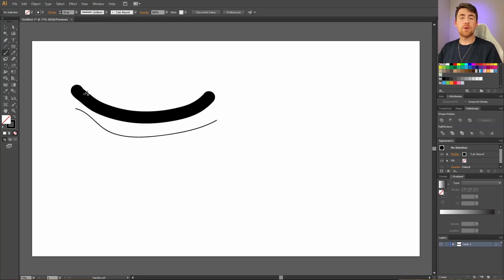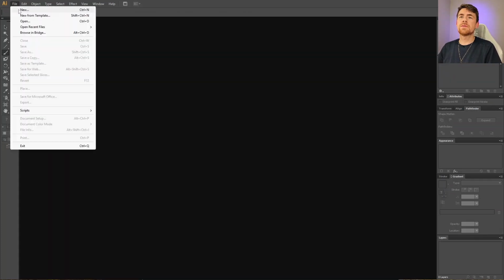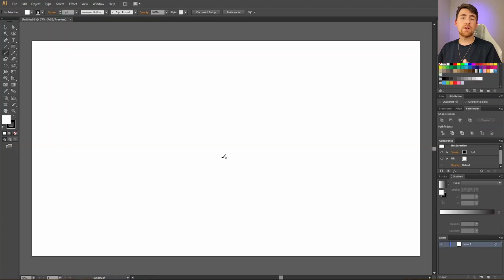So this is pretty annoying, and even though this second stroke is kind of a workaround, it isn't actually what we want, and it is not a fix at all. So now let me show you what you actually want to do. Let's delete this canvas and start with a fresh one, just to show you that this is a brand new canvas. So the fix is, instead of just using the brush tool as it is,